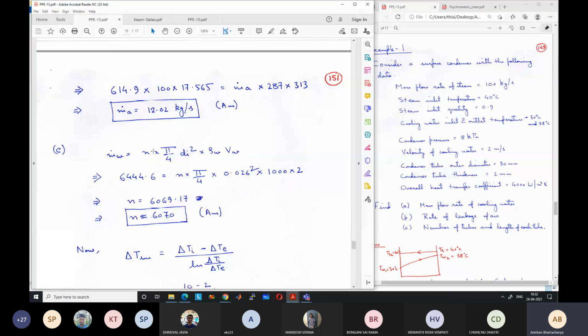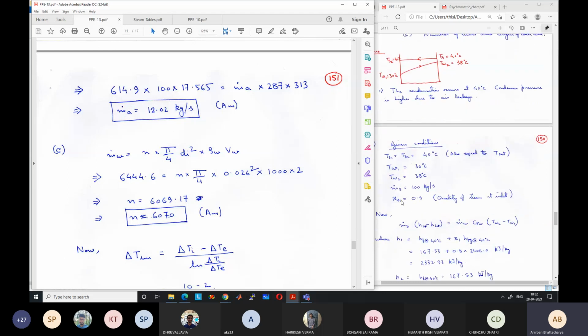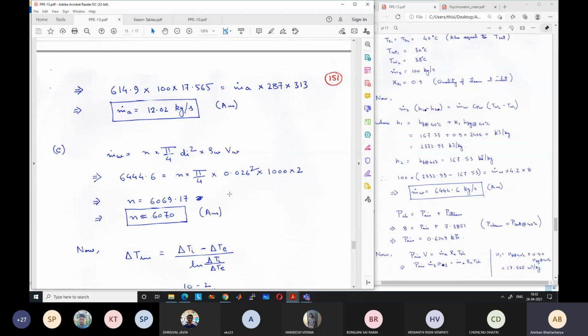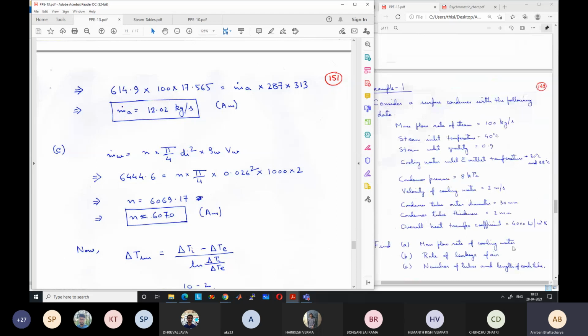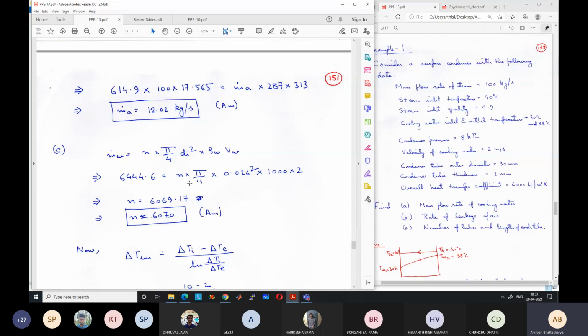Mass flow rate through a single tube is pi by 4 di square, which is the cross-sectional area, into density of water into speed of water. So the mass flow rate of water we have already calculated as 6444.6 kg per second is equal to n, the unknown number of tubes, into pi by 4 into internal diameter, which is 30 minus twice the thickness, so 2 into 2, so 26 mm, 0.026, square